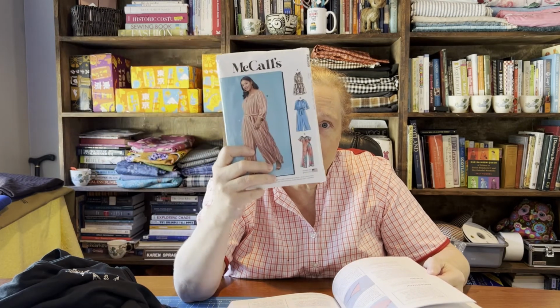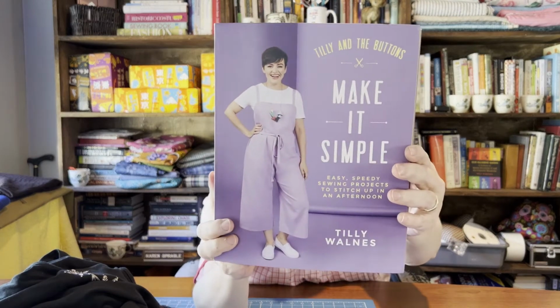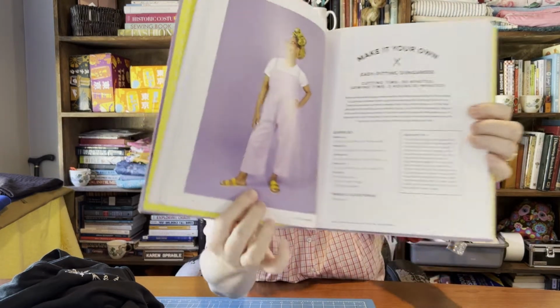So here I had the McCall's Big 4 jumper, or if you notice on the cover, those dungarees. Now, somebody from the UK, please tell me if dungarees are considered a jumper. I sort of think they are. I'm not quite sure, but I really like the dungaree pattern they have in the book. The unfortunate thing about it, though, is that, see, here's the dungarees. They're actually the pants, and it says,